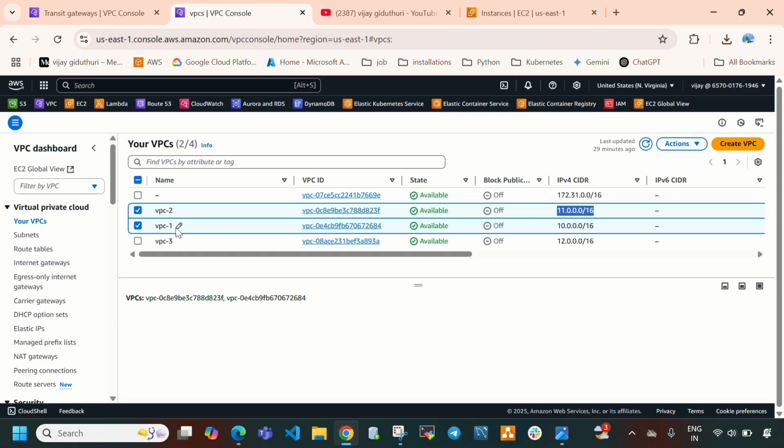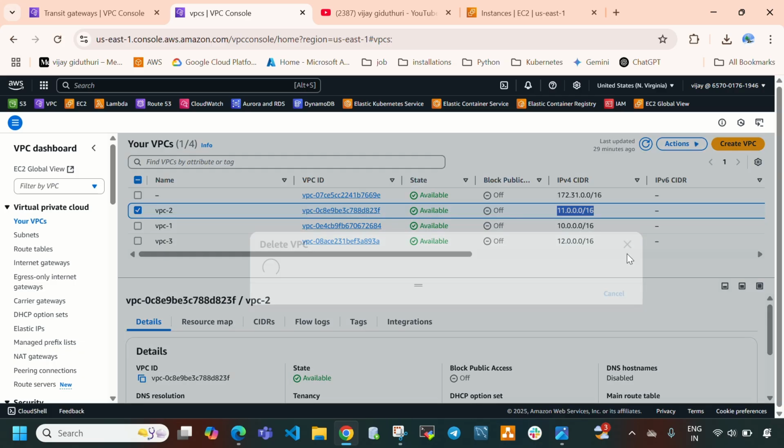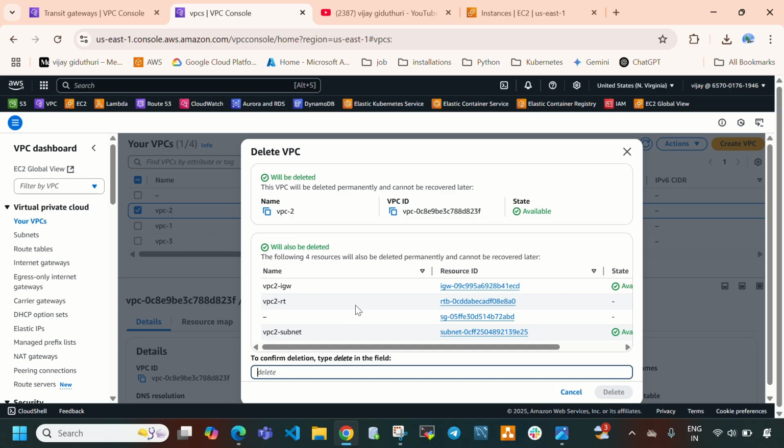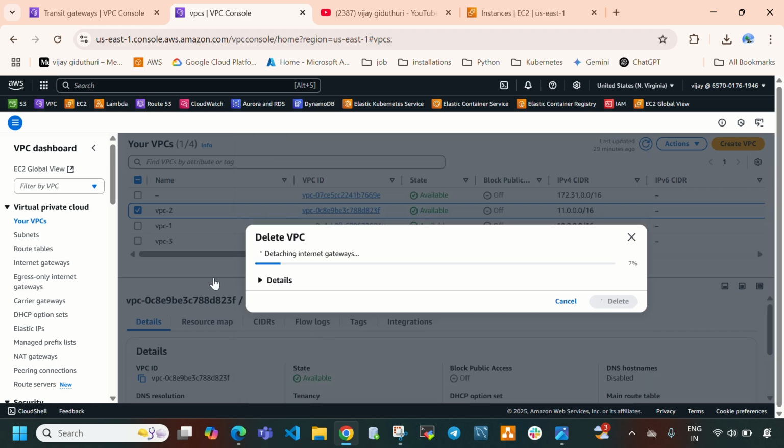Okay, so now directly come here and select VPC2, then Actions and Delete VPC. If you delete this VPC, automatically internet gateways, route tables, subnets, everything under this VPC will be deleted. Okay, so select Delete and Delete.